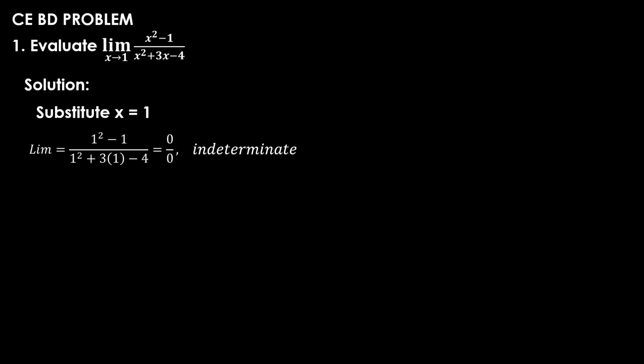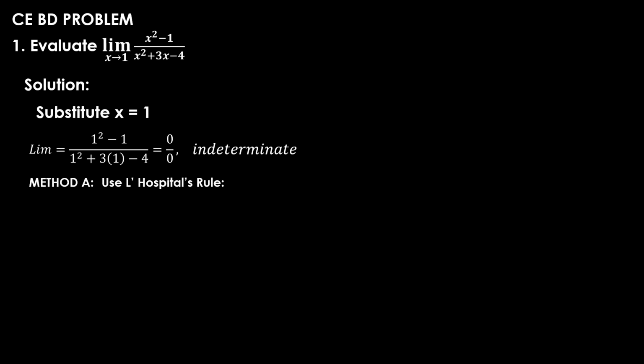Right after the substitution process, as we can see now, our numerator is 0 and our denominator is 0. Definitely, the result is indeterminate. Now, when the result is indeterminate, we have to do something. Maybe we can apply some factoring method so that we can simplify our given expression or function, or we can also apply L'Hospital's rule. Since we have received a result of indeterminate, let us try our method A. The method A that we're going to use is actually L'Hospital's rule.